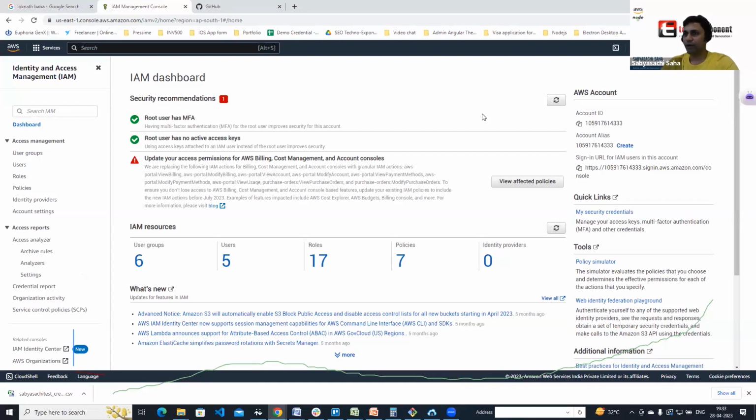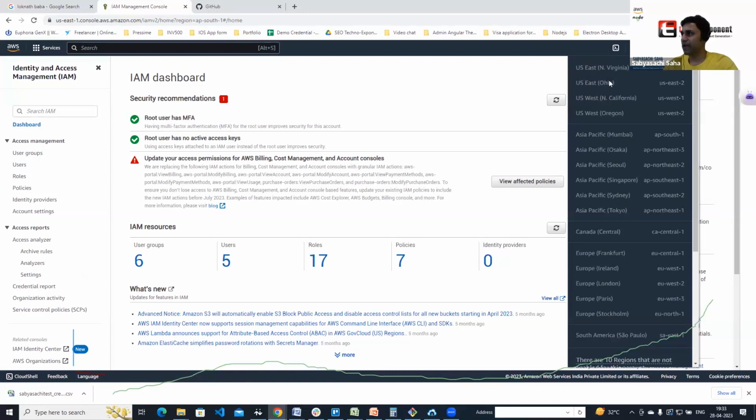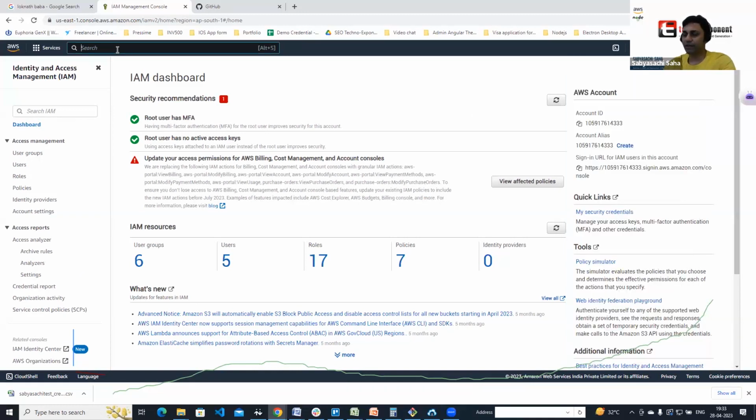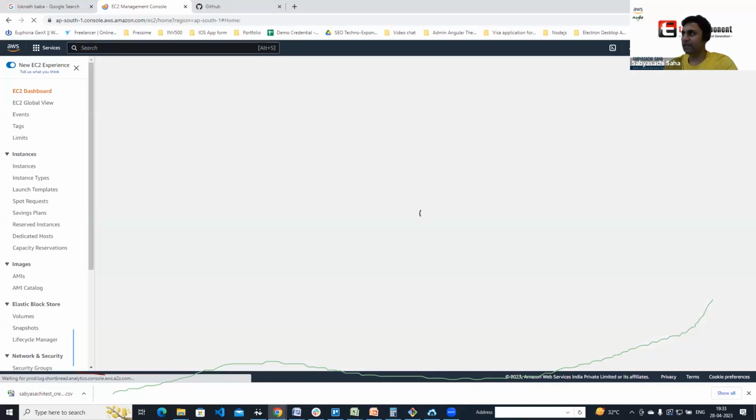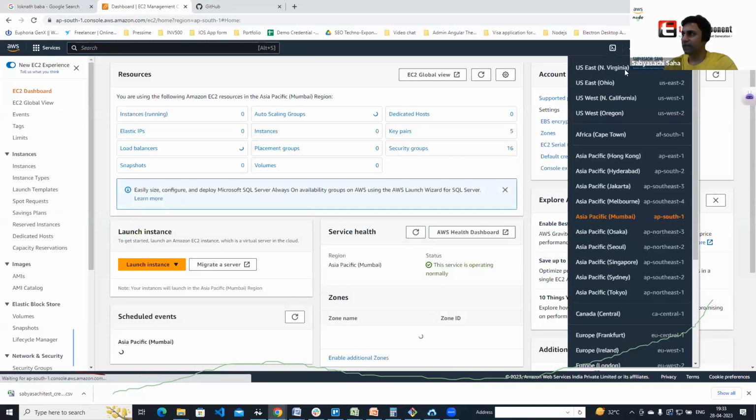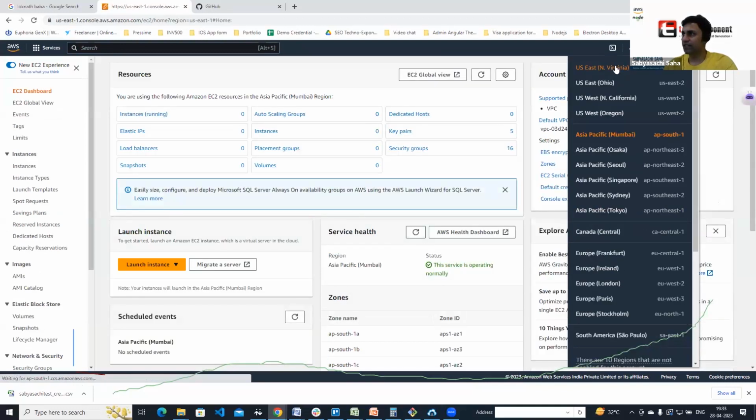Now coming up to the point of region. The region section is important. You can see I see here Global, and the other region is deactivated. Now if I go to the EC2 one, I will see the region is selected. If I go to the North Virginia region,